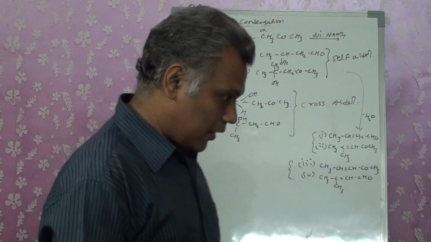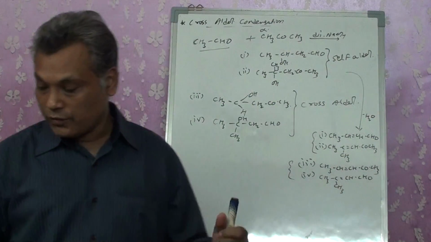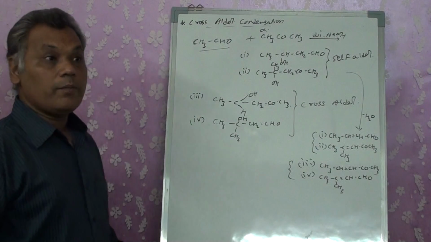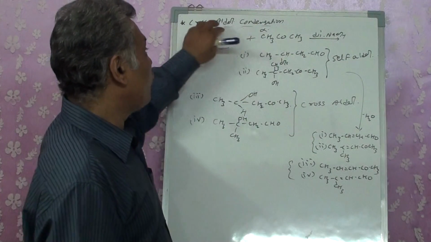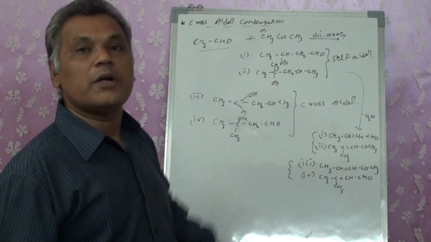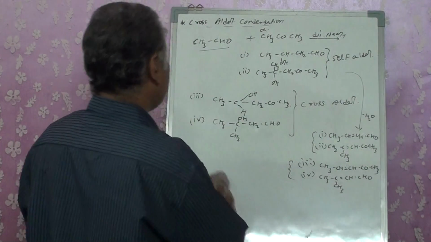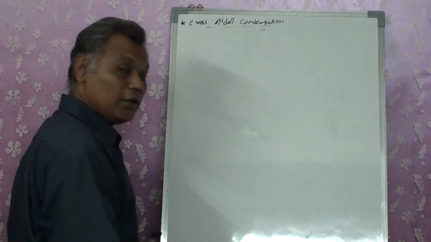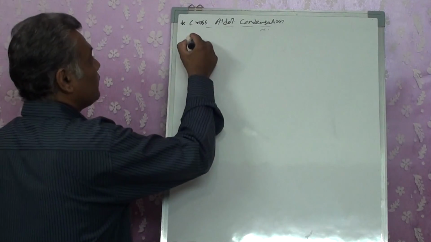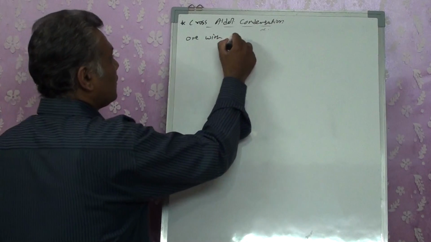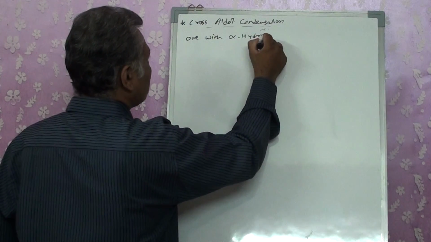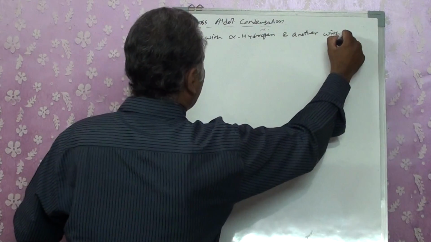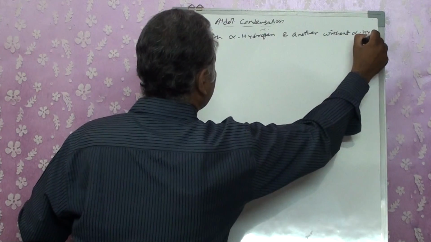So when we have aldol, we have the same molecules, while when we go for cross, we get 4 different products. Again, it's not necessary that every time we go for cross aldol, both of them should contain alpha hydrogen. We can have a reaction in which one may contain alpha hydrogen and another may not contain alpha hydrogen. Still their cross products are possible. One with alpha hydrogen and another without alpha hydrogen.